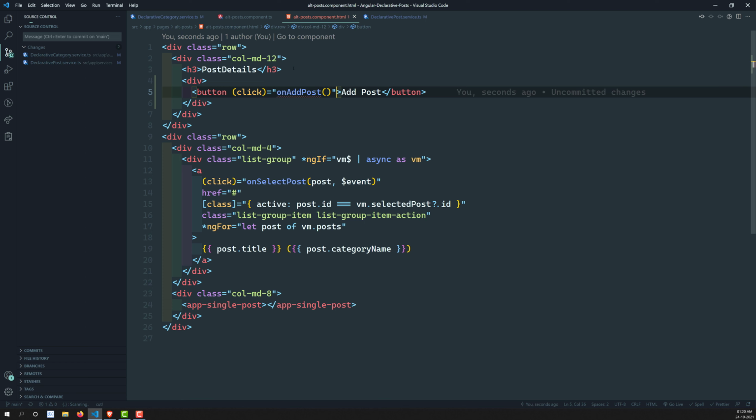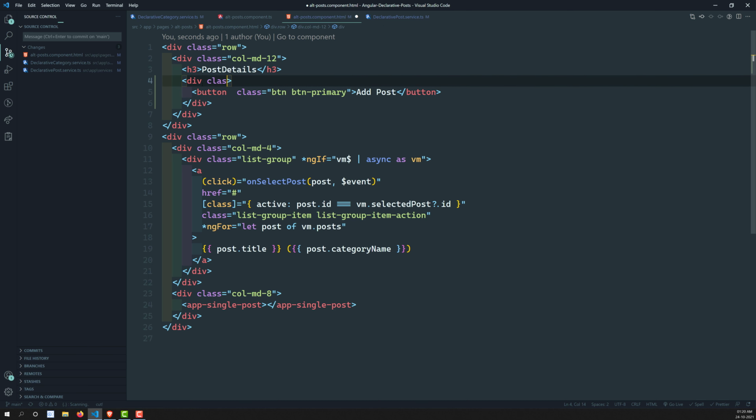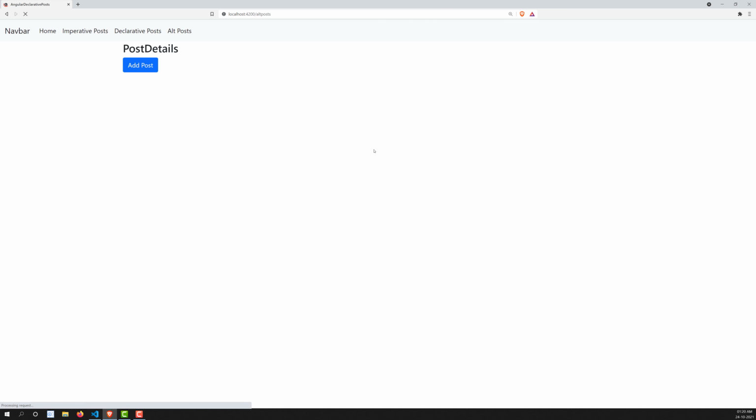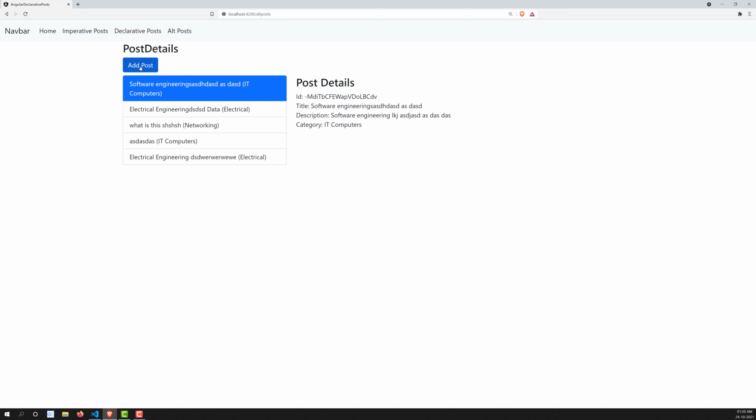So on click add post, and here I will use class equal to btn-primary. Let's avoid this one, and here let's add class equal to my-2. If we go here and refresh this page, we are able to see the add post button. When I click on this button, I need to show an add post form here.